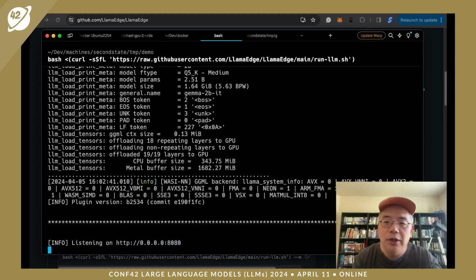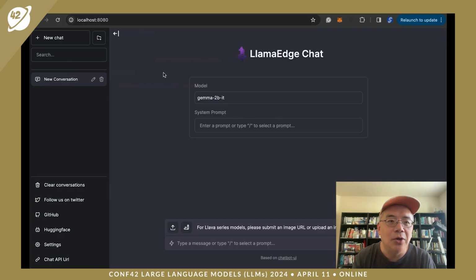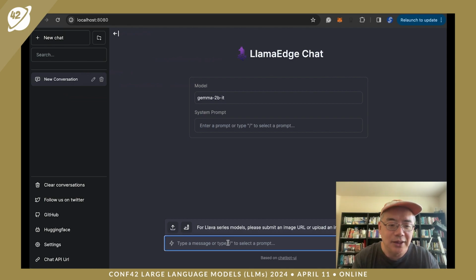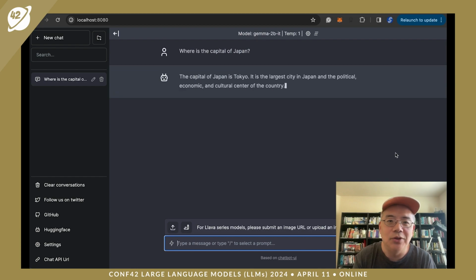So what you can do is that you can go to that server, and it would load a URL. And the URL said llamaedge chat. Now you can start to chat with it. Say, what is the capital of Japan? The first time it is a little slow because it needs to load the model into memory. But it's fast enough. The capital of Japan is Tokyo, and now you can ask,